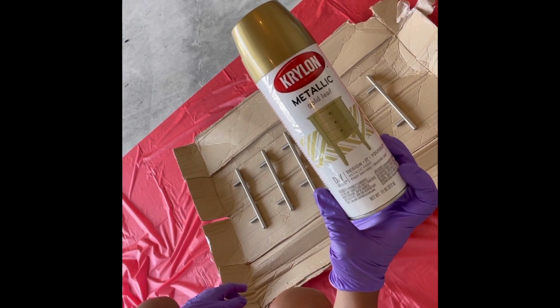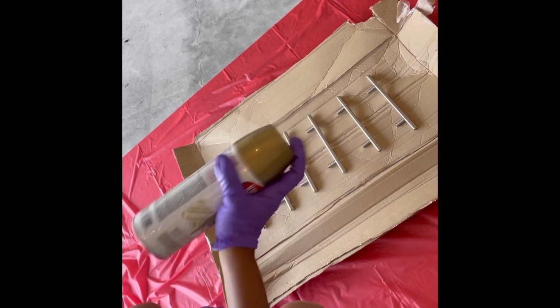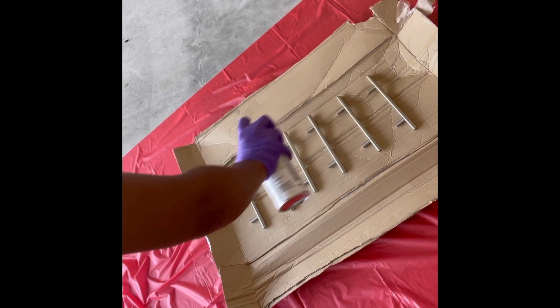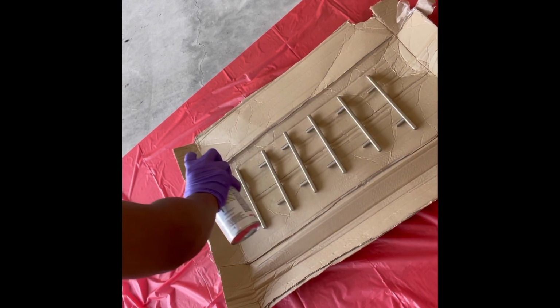And here are some clips of me just spray painting these handles, and unfortunately this is all the footage that I have for this video, but be sure to stay tuned for my next